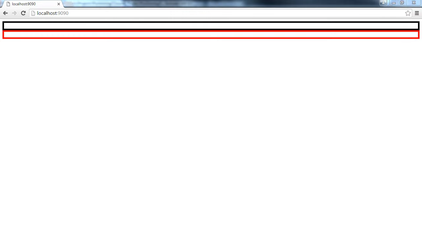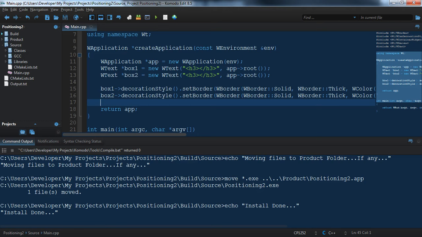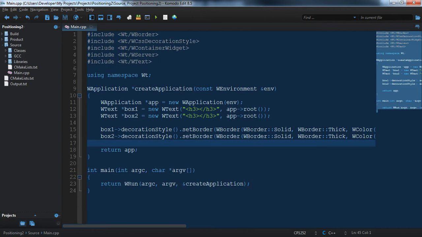So no positioning has been set, though in CSS the default positioning for all divs, which is what a Witty text widget is, is static to begin with. So it just flows from one widget on top of the other widget, or one div on top of another div. So if I go ahead and just put in box 1, box 2,